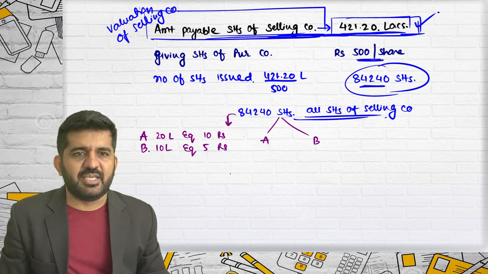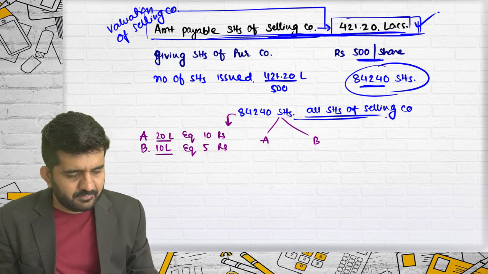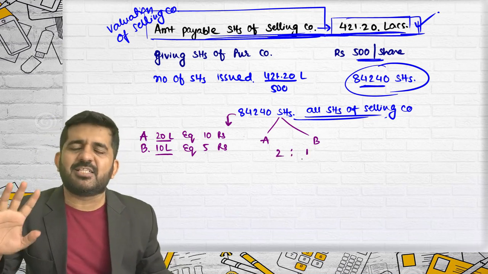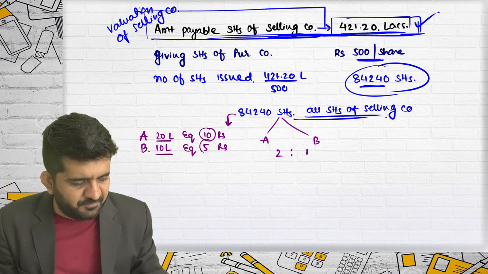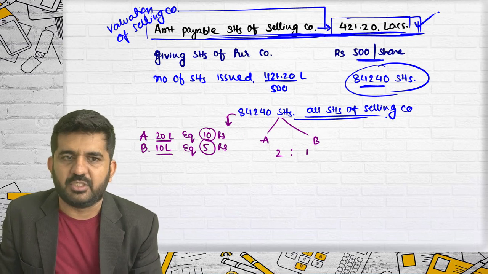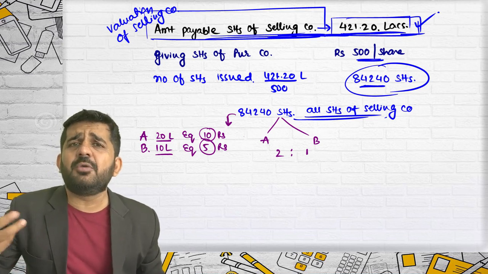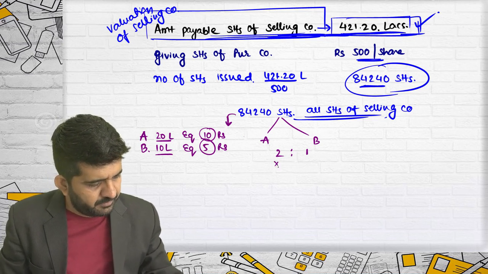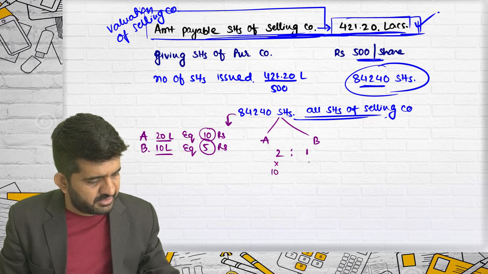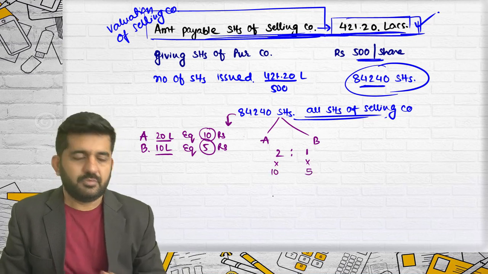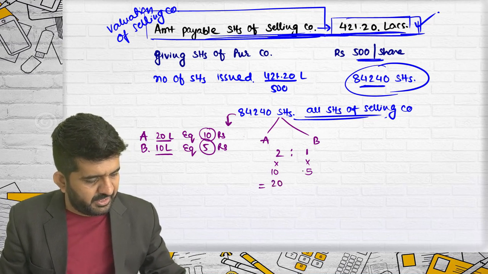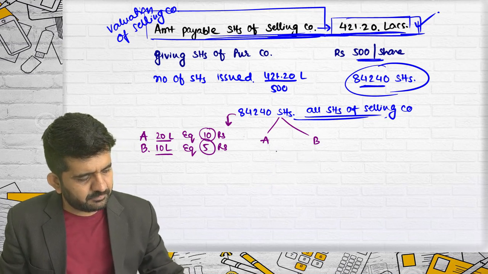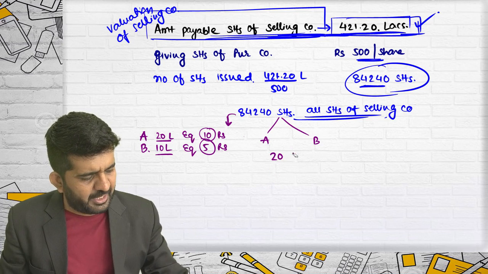See, I'll give you an easy answer. Based upon this, what is the ratio? 2:1. But all of you at this level understand that this cannot be a ratio. Those are different categories of shareholders. Believe me, then distribute the shares in terms of value. This is a 2:1. This is 10. This is 5. You can also take here 20 and 10. It will be easy. 20:10.